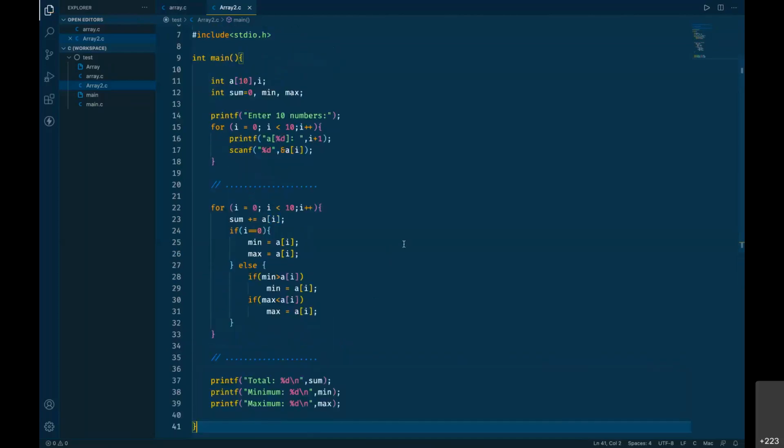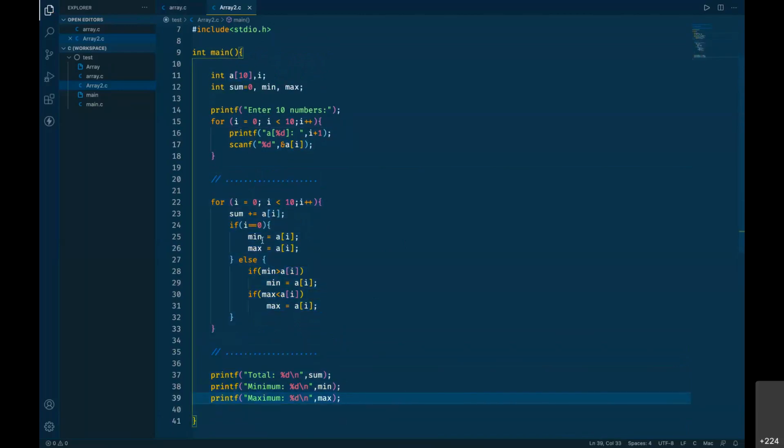Now, just to make you aware that when you take values from the user, you can store those values in an array, so that later on in your software or in your program, you can make use of those values using array elements, a of i or any number. Okay. And once you calculate it, whatever final answer you have, you can use those answers anywhere in the program. So for example,